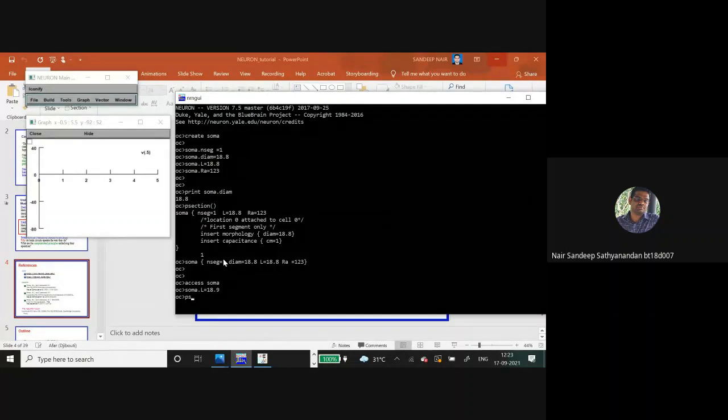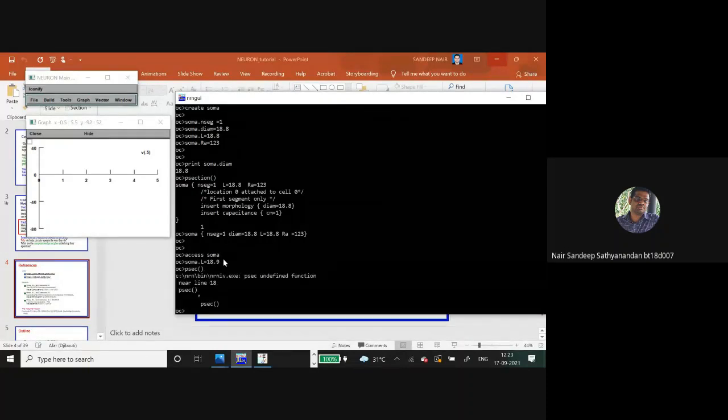You put yes. We can change it. Now let us also insert the, the soma is just a dummy block. Now we want to introduce the other channel properties. What is that? The sodium ionic channels, the potassium ionic channels, leakage channels, all these things need to be configured. So we don't have to worry about the mathematics behind all these things. With the basic concepts of neuroscience, we can do the modeling using NEURON. So you just need to call insert HH. So you are in soma, you insert HH.